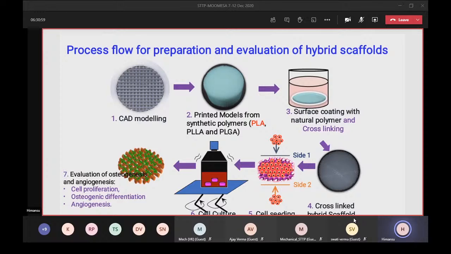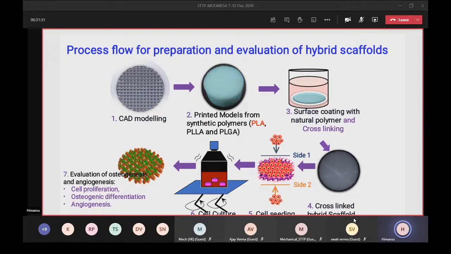Basically, we do the CAD modeling, and then we print these models from synthetic polymers like PLA, PLGA, PLLA, different kinds of polymer. Then we do the surface coating, because these are hydrophobic structures and we need a hydrophilic coating. This project is for the DST. We have different kinds of natural polymer, and we directly immerse this 3D printed structure inside the natural polymer, and then we